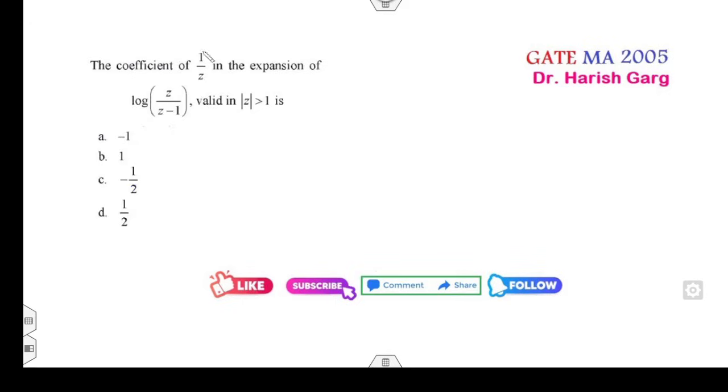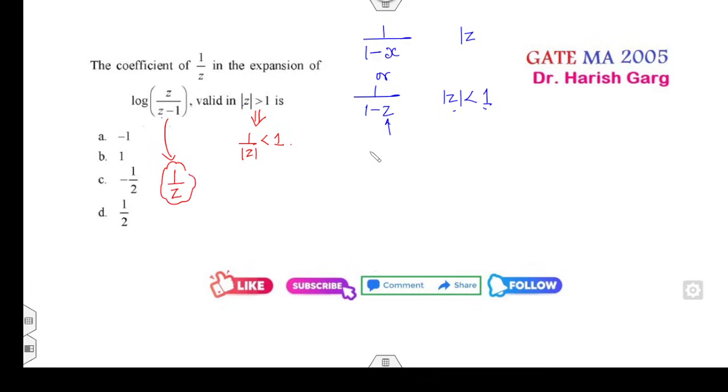okay। Write the coefficient of the 1 over z, mod of z is greater than 1, okay, so mod of z is greater than 1, देखिए जब भी मैंने क्या बोला था आपको, जब भी आपको ये सीरीज लिखनी है देन और 1 माइनस जेड लिखना है, तो आपको क्या होना चाहिए, मोड ऑफ जेड मस्ट बी लेस देन, ये वैल्यू आपकी लेस देन 1 होनी चाहिए, लेकिन यहाँ पे तो मोड ऑफ जेड ग्रेटर देन 1 है, आई कैन कन्वर्ट, लेस देन कैसे बना सकता हूँ इसे, ये कर सकता हूँ ना इसे, सो दैट मीन्स every times wherever this return you have to write in terms of 1 over z, I can replace or I can divide the numerator and denominator by z, it will be